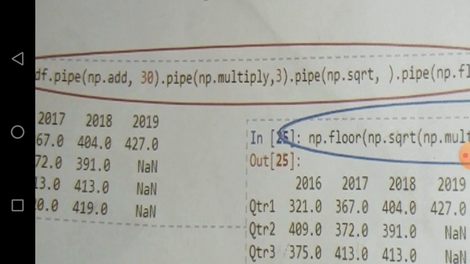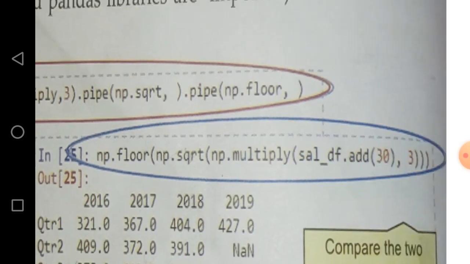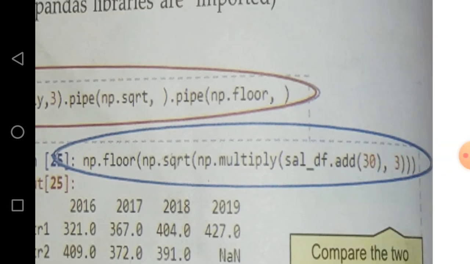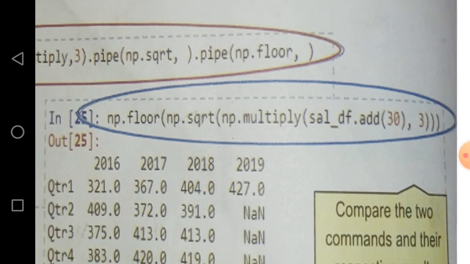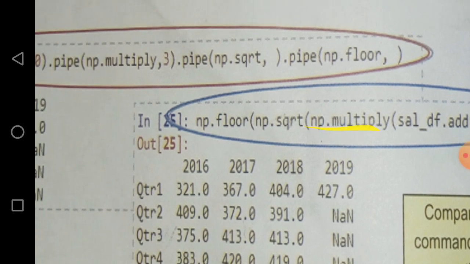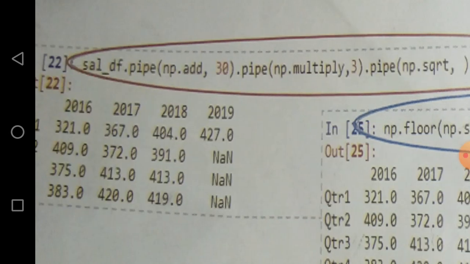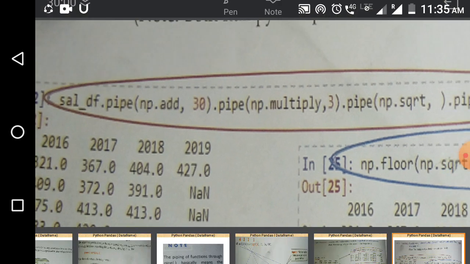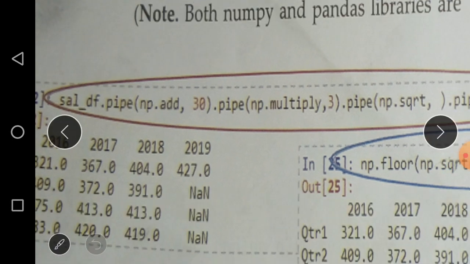And after that there is a series of commands here without using the pipe function. And when we use pipe functions we can give the command in this manner.